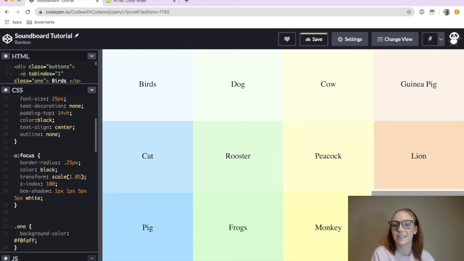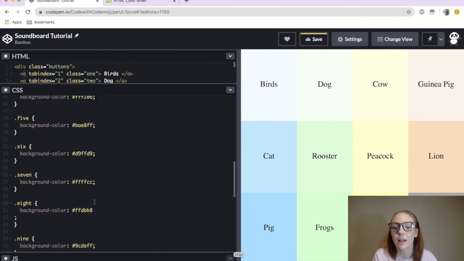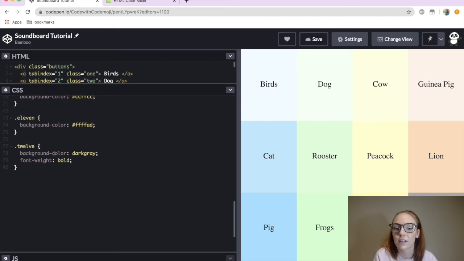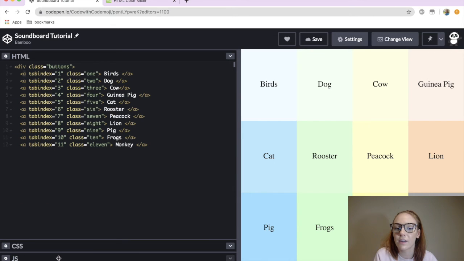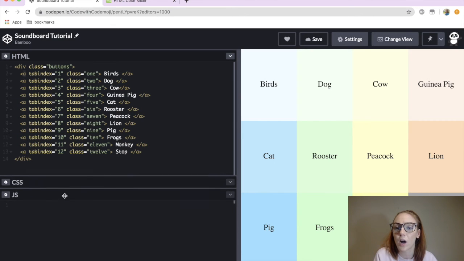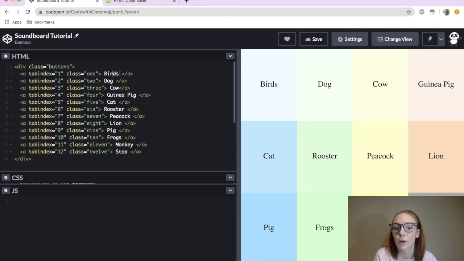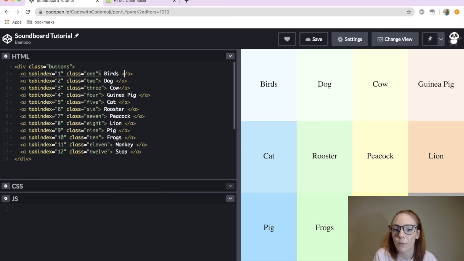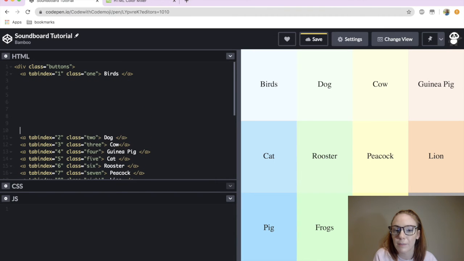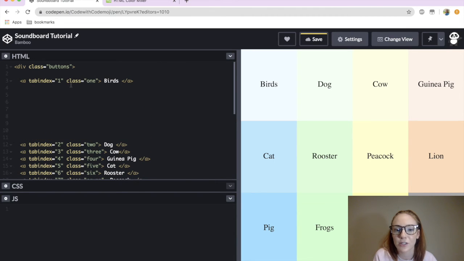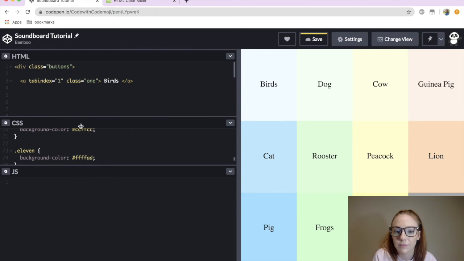So it looks like you're clearly clicking a button. It's a little bit of a cheat to make things look like buttons, but I promise you it'll work really well. But we've done this, yet we haven't set up our sounds yet. So we're going to go after it says birds, or whatever text you put in between. I'm going to section out some space so you guys can see. After it says class equals 1,